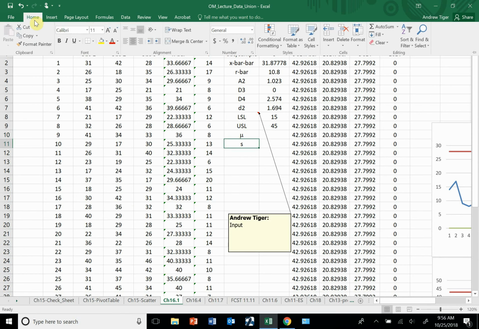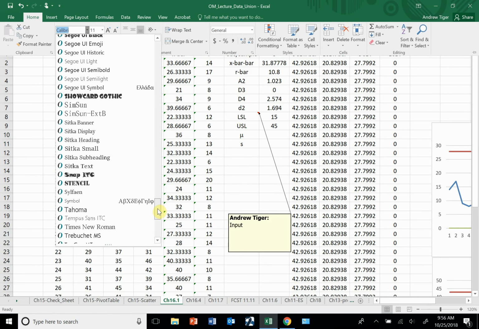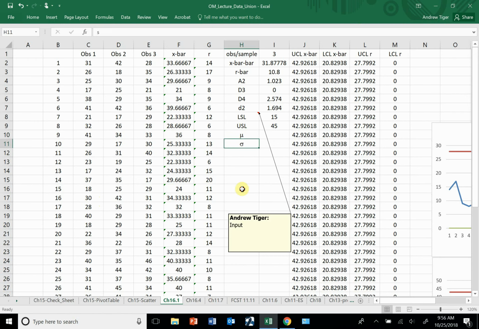Same thing here. So I need to estimate my process mean and my process standard deviation. My best estimate for the middle is just X bar bar. That's my best guess. My best guess for my standard deviation is equal to R bar,